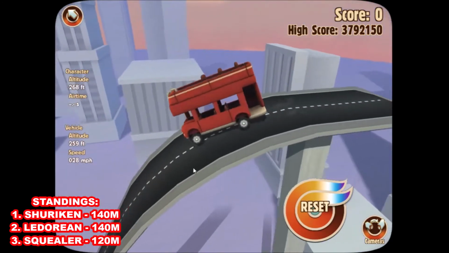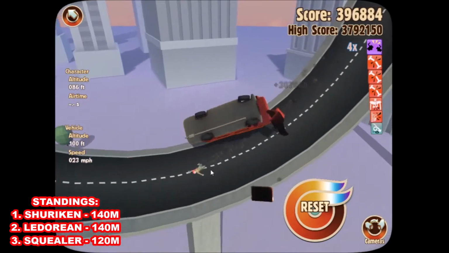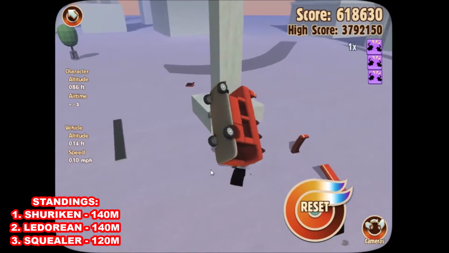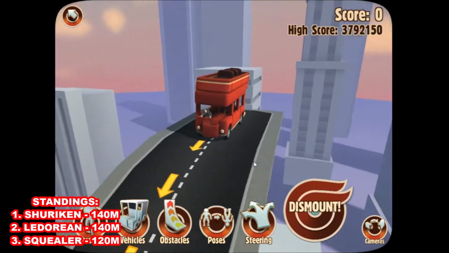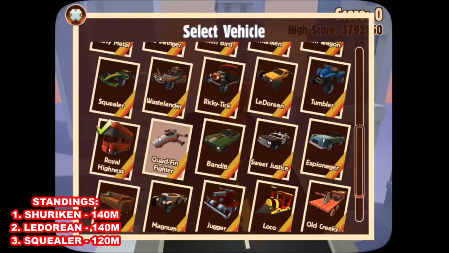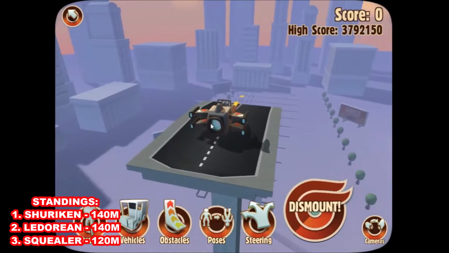There we go, full speed. As it launches over the top, and yeah, just gets caught on itself again. Don't do that. Pieces of debris raining all over the place. And I'm afraid that's it for the Royal Highness. So a DNF for that, and we move on to the Quad Fin Fighter, which is one of our fastest